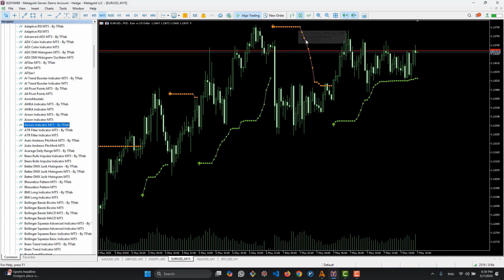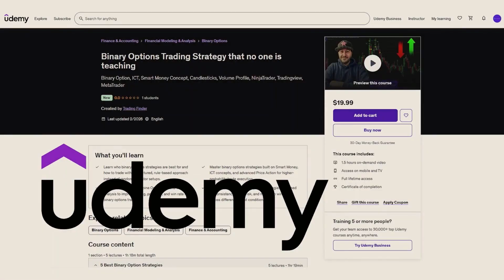And when we see the orange line, it indicates